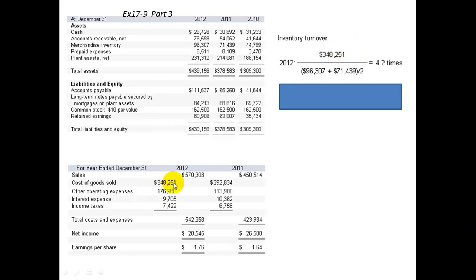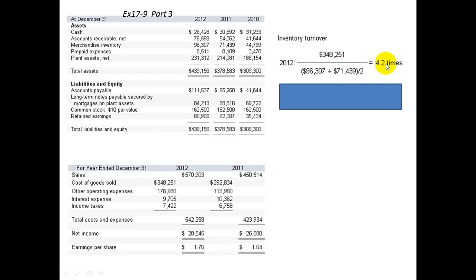So the cost of goods sold for 2012 is then divided by the average of the inventory turnover for 2012, and the average would be the ending balance for 2011, which is the same thing as the beginning balance of 2012, plus the ending balance for 2012, add the two together, divide by 2, and then take this number and divide it into the cost of goods sold for 2012. Inventory turnover right now is 4.2 times,